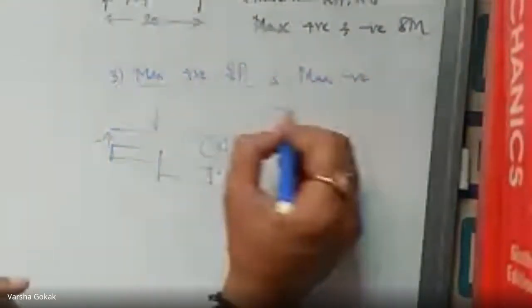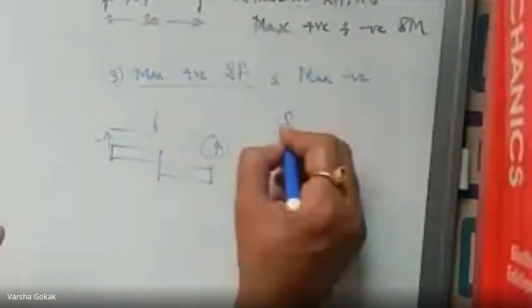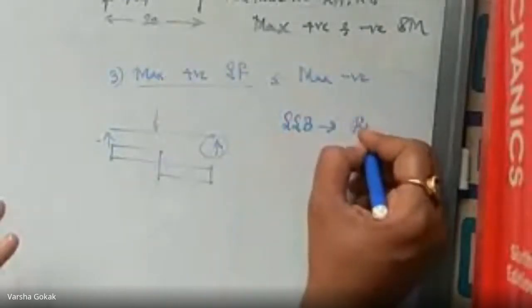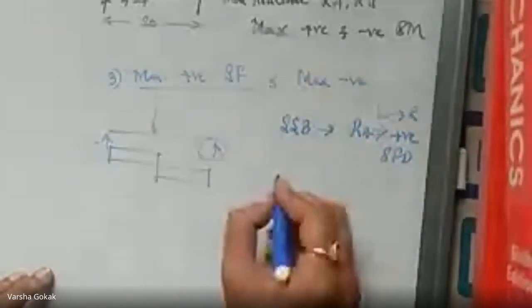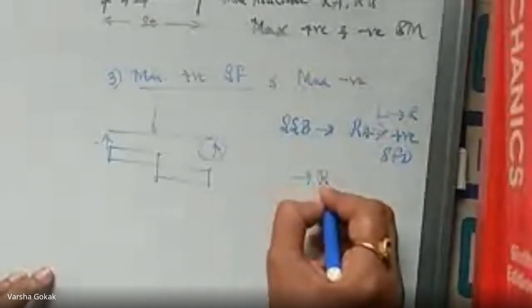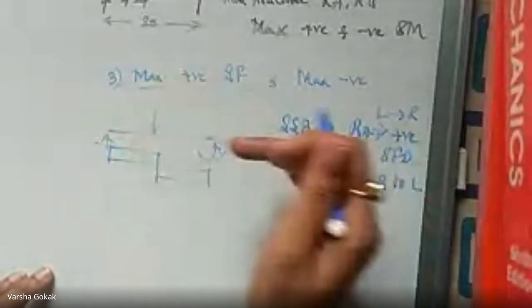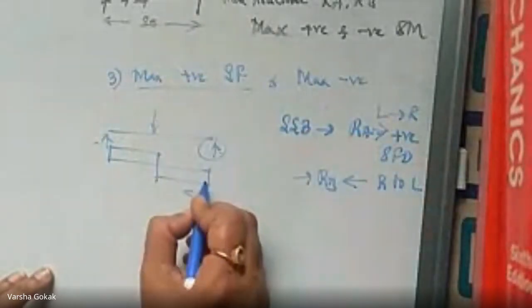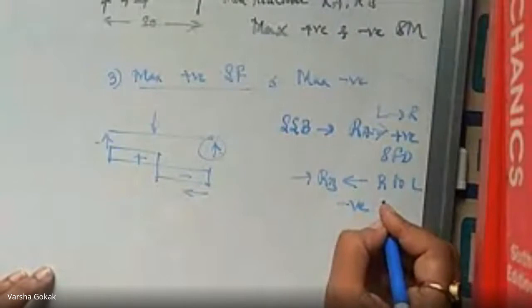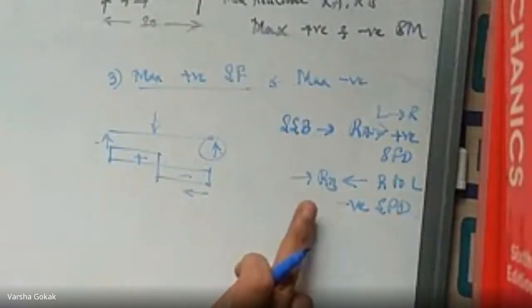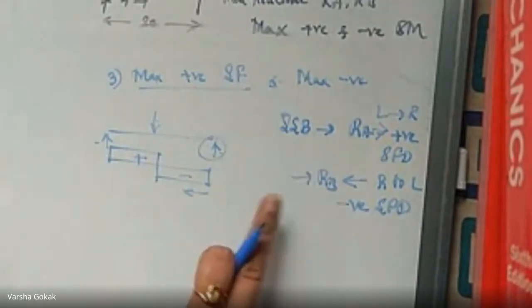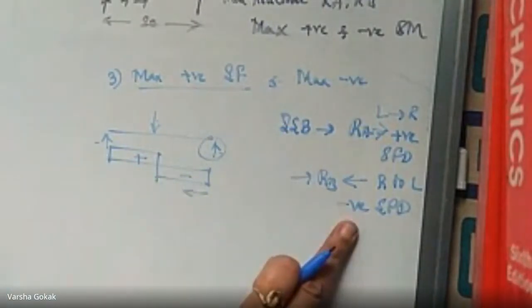So I know by practice that for a simply supported beam, from the A side, left side to right side, when I go, I have a positive shear force diagram. And when I'm coming from the RB side, that is right to left, in this direction, this is negative. So I know that I'm going to get a negative shear force diagram. This concept is very important. You should know to balance this: why it is positive, why it is negative. That answering should be present.